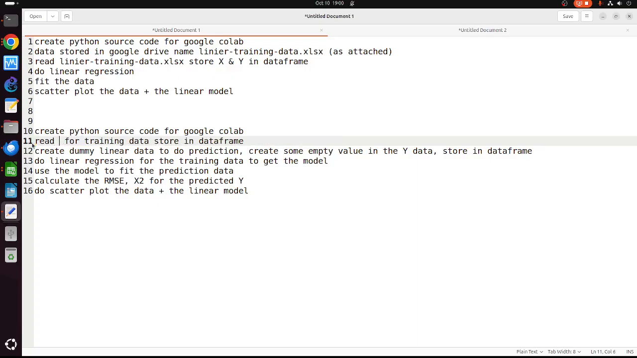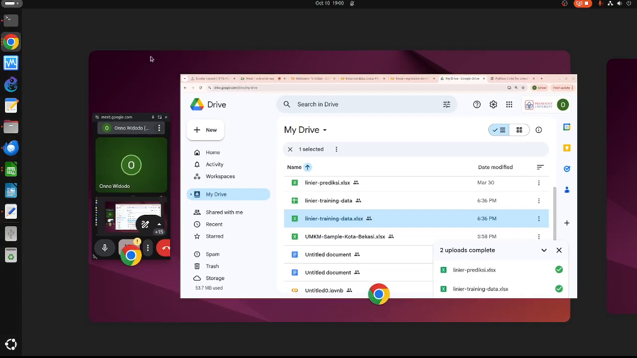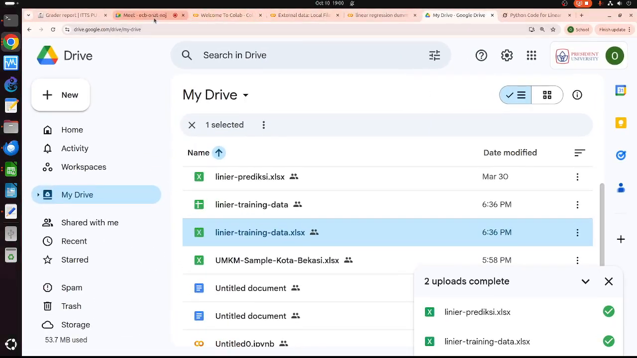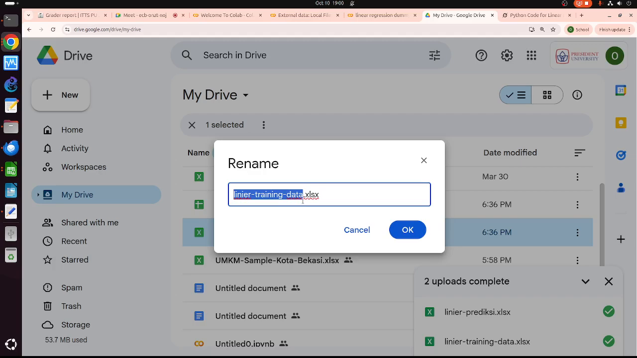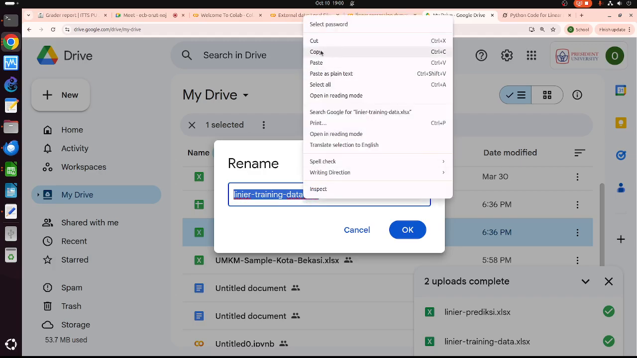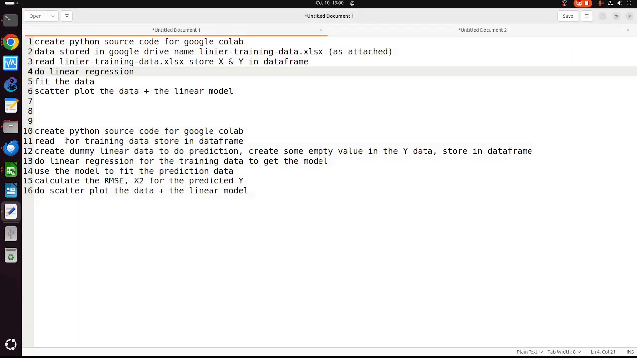Read. What's the name of the file? I need to read the data. Where is it? Okay, linear training data, okay, as the training data here. Read